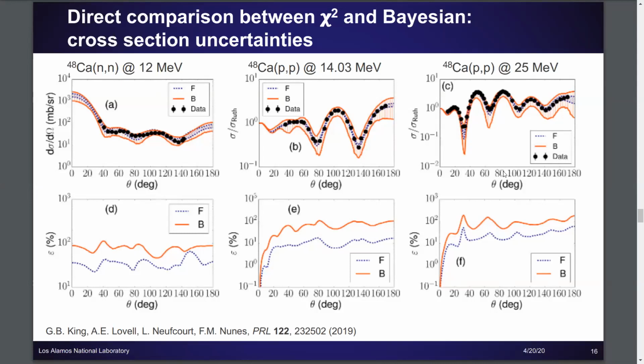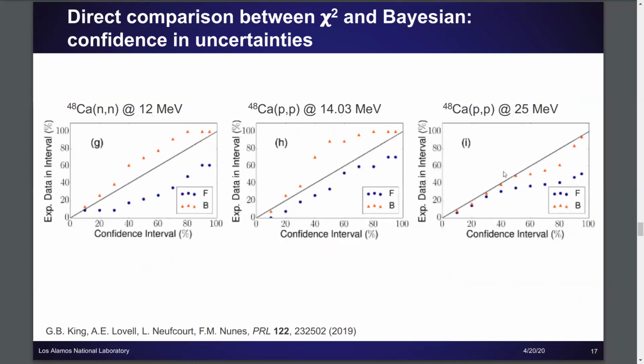But the question that we really want to ask ourselves is, we want smaller uncertainties, right? We want to be more sure about our calculations, but we also want uncertainties that are reliable. And we don't want to either overinflate or underinflate our uncertainties just to make ourselves feel better or more confident. And so we looked at this by calculating the percent of data that falls within each percent of these confidence intervals. So before I was showing you this high end of the 95% confidence intervals, but we can also construct 20%, 40%, etc. confidence intervals and calculate how much of the data that we fit is within each one.